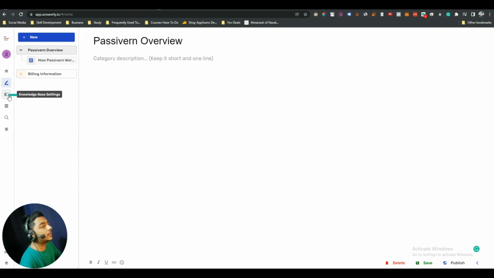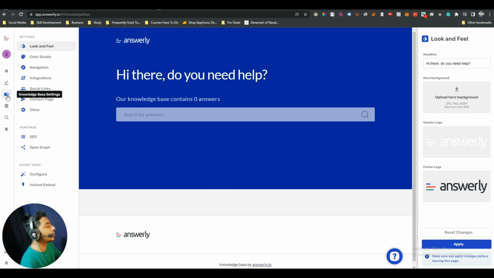After that, we have knowledge base setting. Let's go to this knowledge base setting. From here you can change the background hero section. I'm keeping it as it is. I like the color, but if you want to change the background image, then you can upload your background image